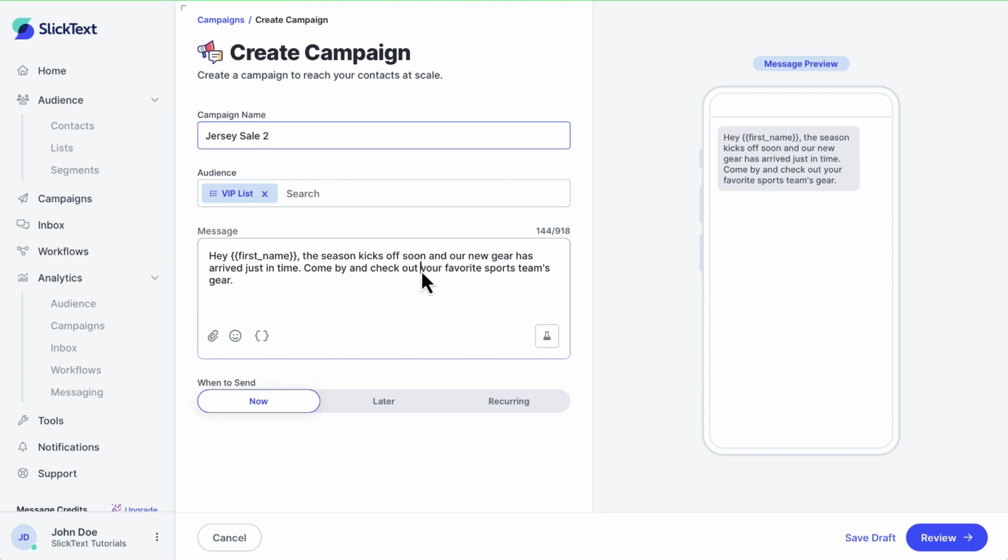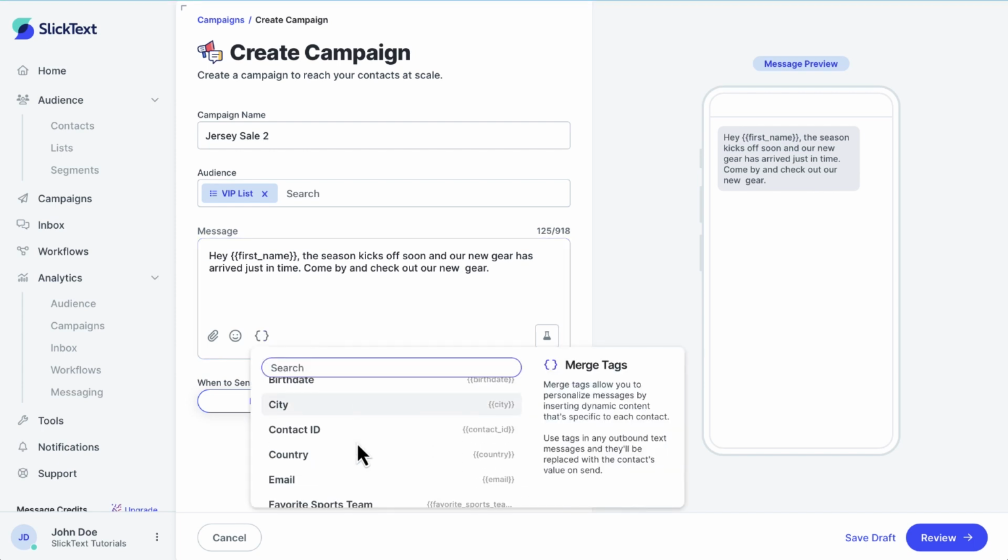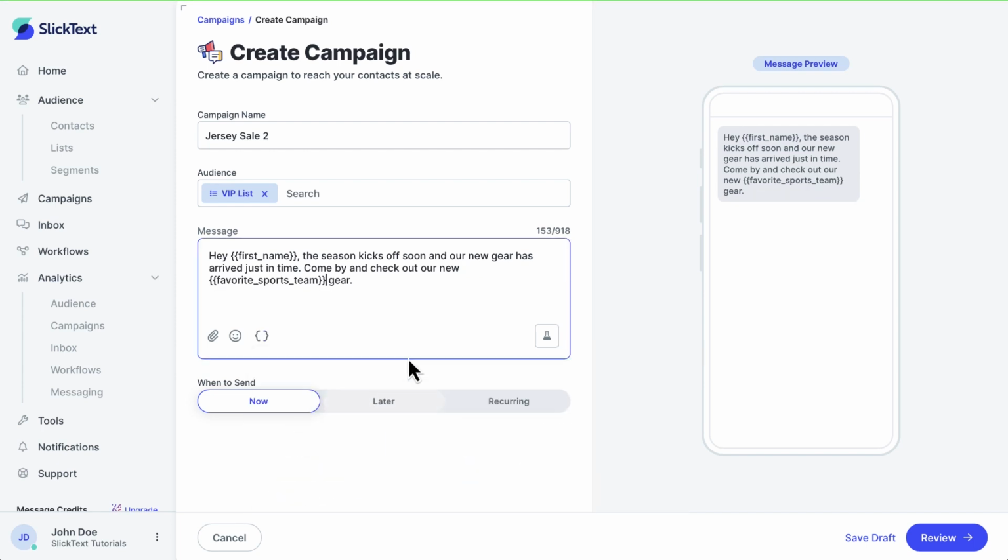So let's take this out and add my favorite sports team merge tag. Now, if I were to get this message, it would say, hey Dylan, the season kicks off soon, and our new gear has arrived just in time. Come by and check out our new 49ers gear. But what if I don't have any information other than a phone number for this contact? The first name merge tag would be changed to friend automatically,